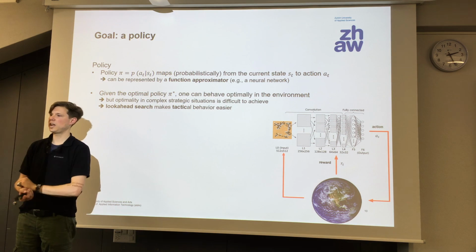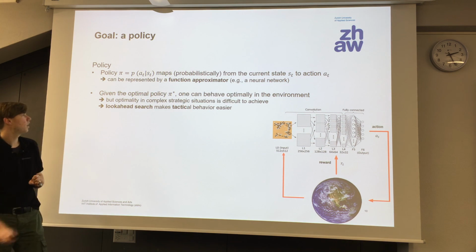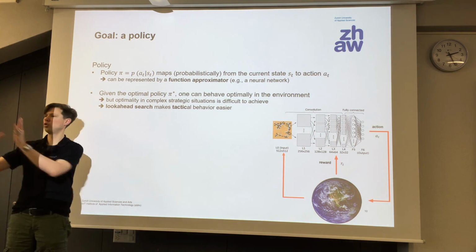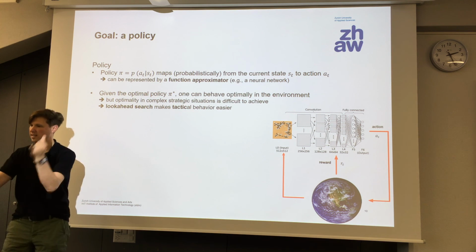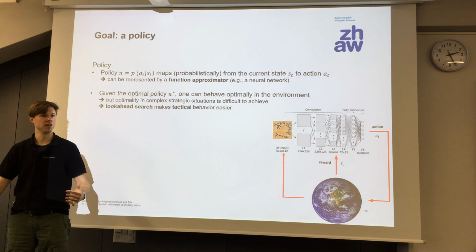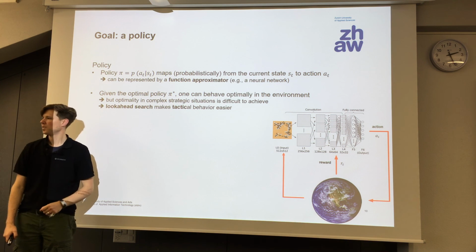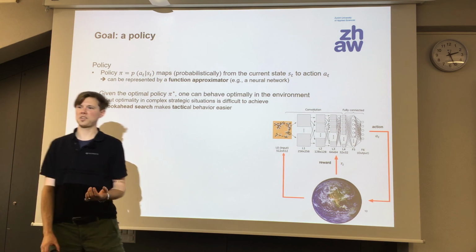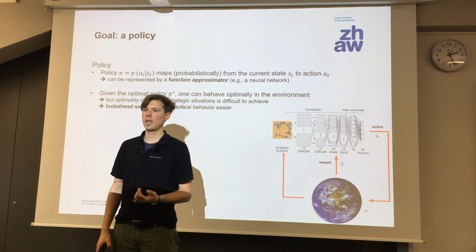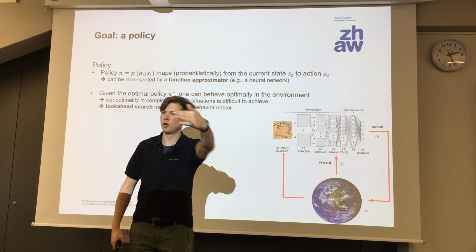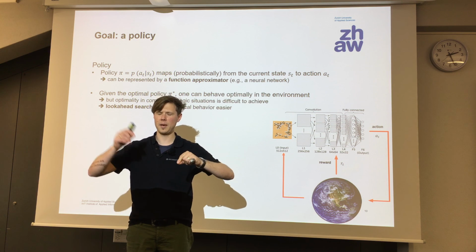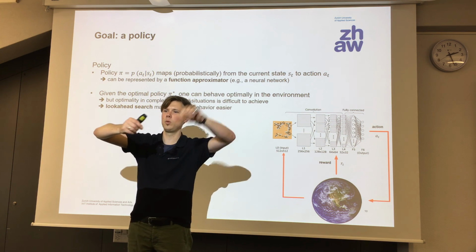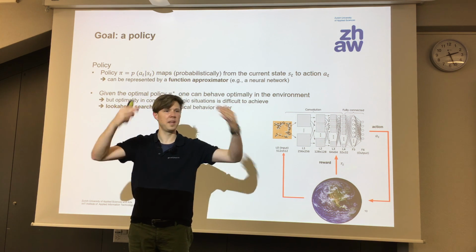In a complex strategy game, it's very hard to directly go from input to best possible action. Like directly, like out of gut feeling, out of intuition. It is not what a human would do. Have you ever played chess? Have you tried to think in advance a couple of moves to see, okay, when I do this, then my opponent probably does this, and then I will react like this? And usually for me, then it's over.